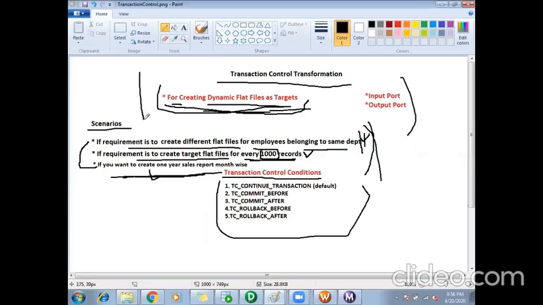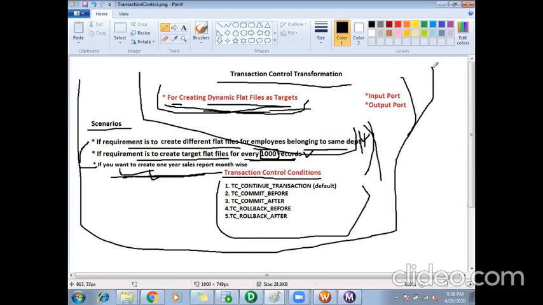So that is about transaction control. This third one will be your assignment. This is what they will ask you about transaction control. They will ask you these scenarios actually. So you should be able to explain how you can achieve it using transaction control, sorter, and expression. If you don't sort the data, you can't apply the logic of expression transformation. Without the logic of expression transformation, you can't apply the logic of transaction control. They are all combined.